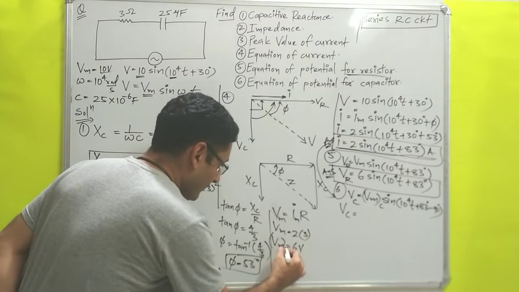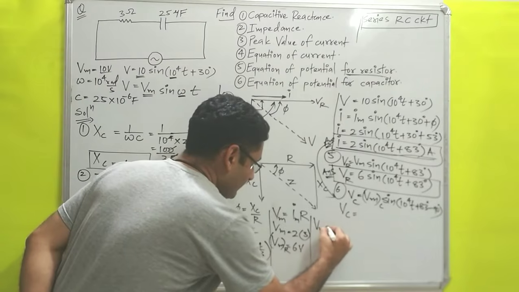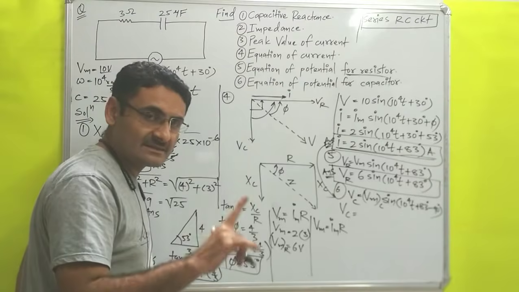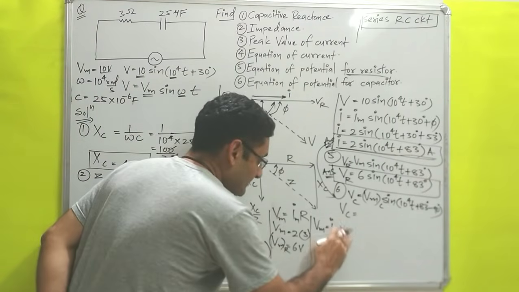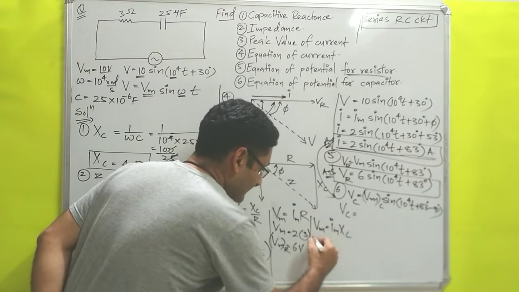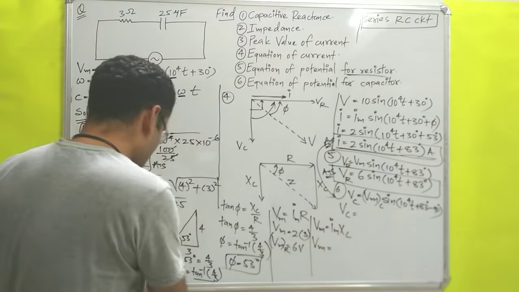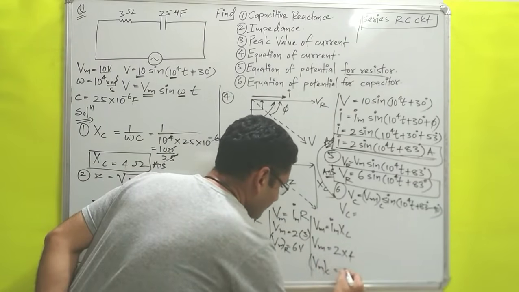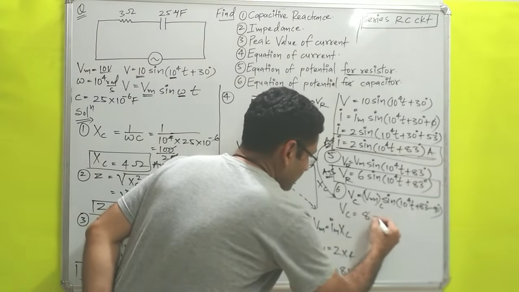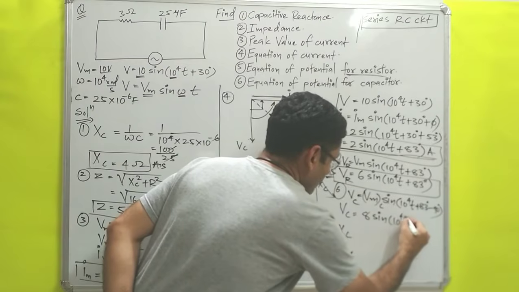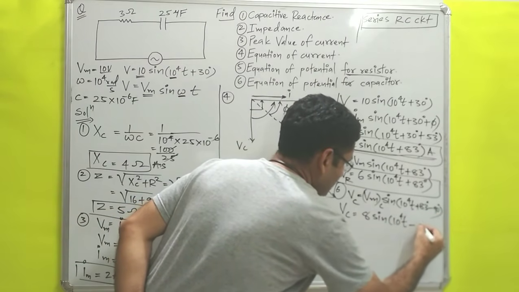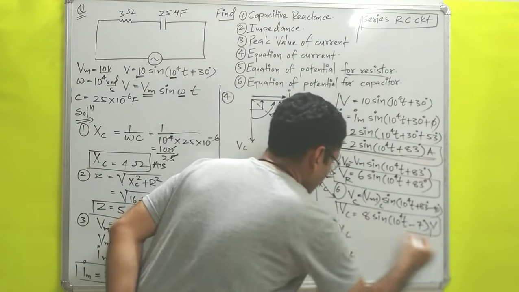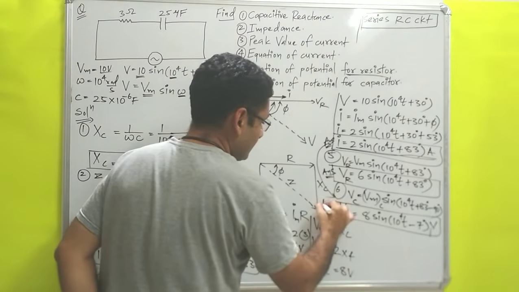You have to calculate, that is your Vm of R. Now Vm of C, how will we calculate? Vm is equals to Im into R. But in the case of capacitor, we know that it is not resistance, but just like resistance, which is known as Xc. So instead of R, I will write Xc. So Vm is equals to Im value is 2 ampere and Xc value is 4 ohm. So Vm of capacitor is 2 4s are 8 volt. So Vm of C, 8 into sine of 10 raised to 4t, that is your 83 minus, so minus 7 degree in terms of volt. So that is the answer of equation of potential for capacitor.